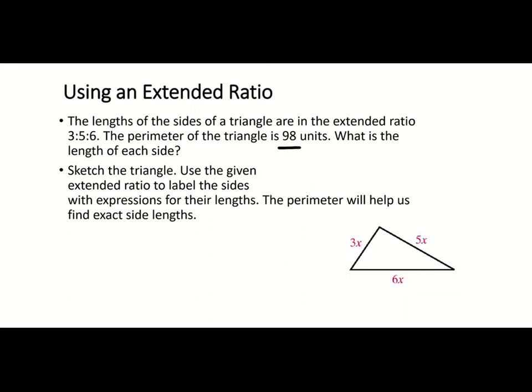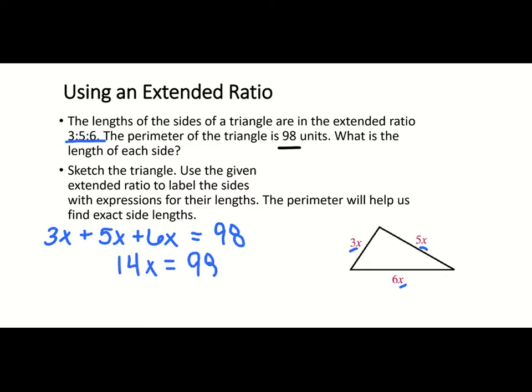To find x and then find the length of each side, you're going to take each part of your extended ratio, your 3 to 5 to 6, and write it with an x. So we're going to do 3x. In perimeter we add, so 3x plus 5x plus 6x is going to be equal to 98 units. We'll combine our like terms, so 3 plus 5 is 8, 8 plus 6 is 14, so we have 14x equals 98. We'll divide by 14, and we get x equals